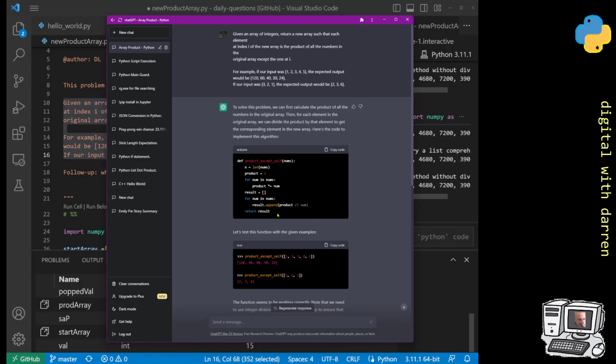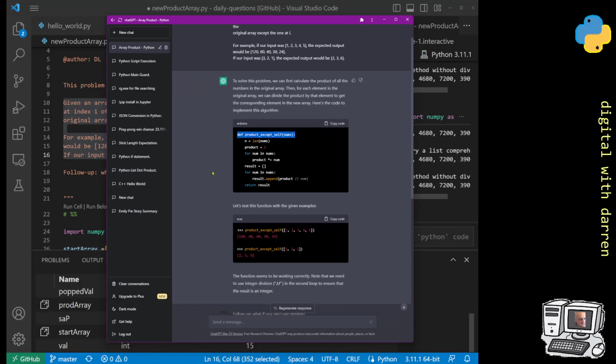And in fact, it uses this double forward slash to divide to get the integer result from it. And the only difference actually is it's put it into a function over here. So it takes this set of numbers in there. So that's a ChatGPT version of it,